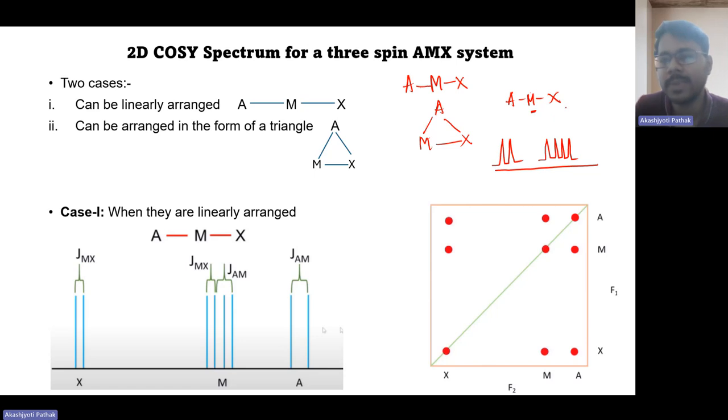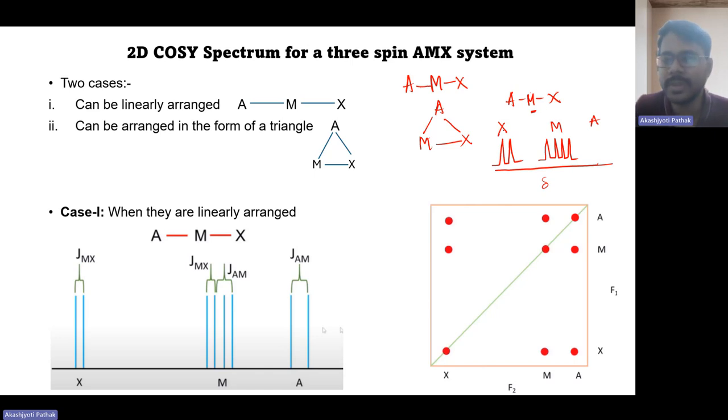And then for the X spin, see this is the X spin. Based on this figure, it will depend on what type of nuclei you have or what other atoms are there. That will determine the chemical shift. But say this X is more deshielded, so it has a higher chemical shift value. So let's stick to this figure that was there in your slide. These figures I've taken from the slides directly. So this is for the X spin, this is for the M spin, and then for the A spin,